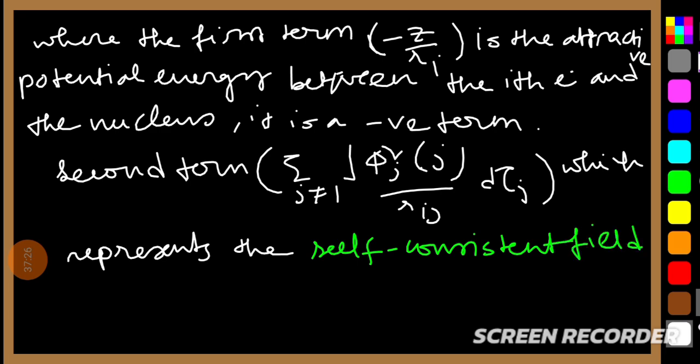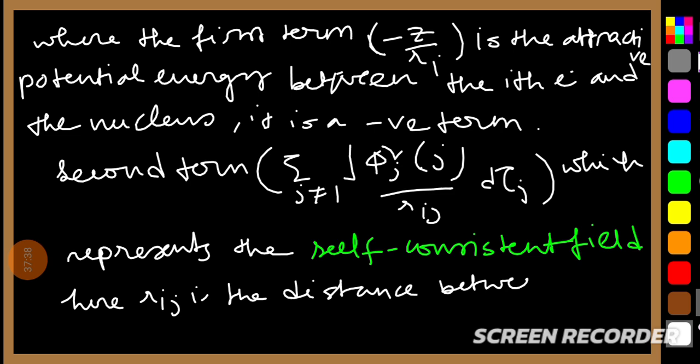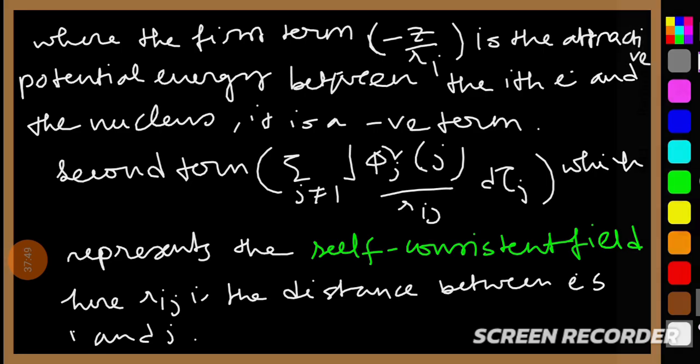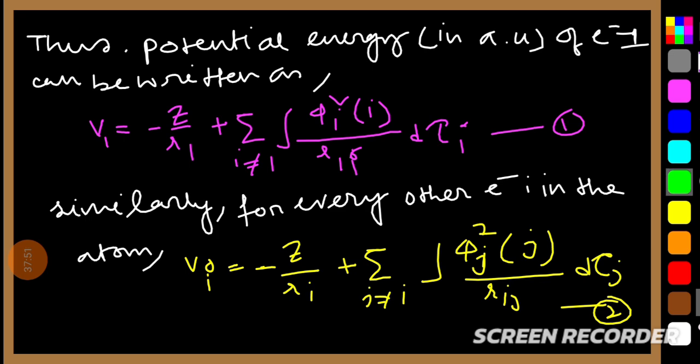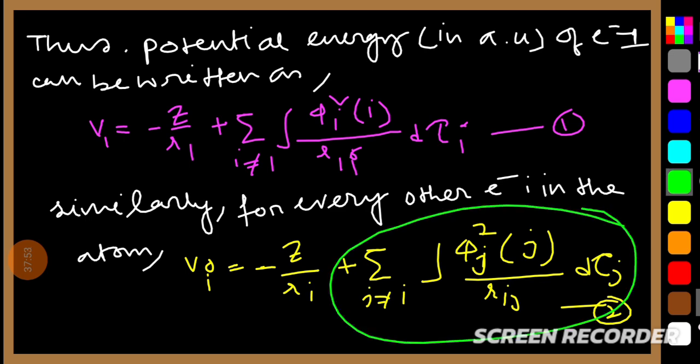Okay, here r_ij is the distance between electrons i and j. Okay, so the second term means what? এই যে এটা হলো সেকেন্ড টার্ম।